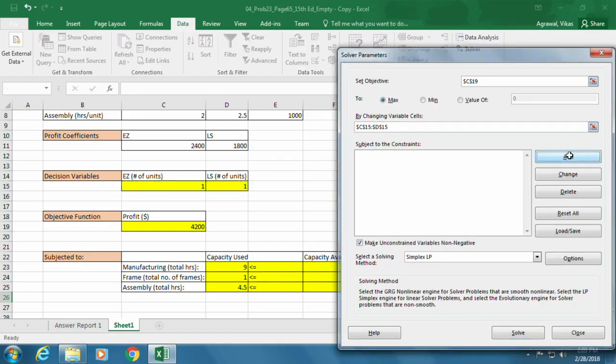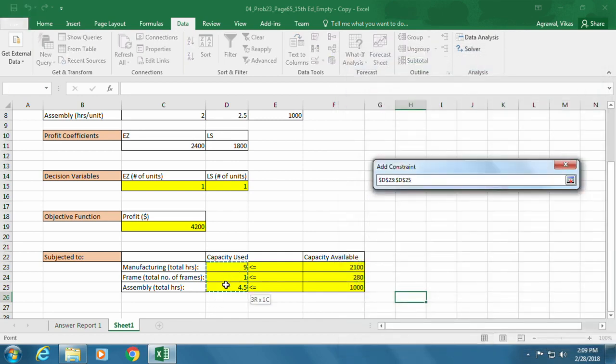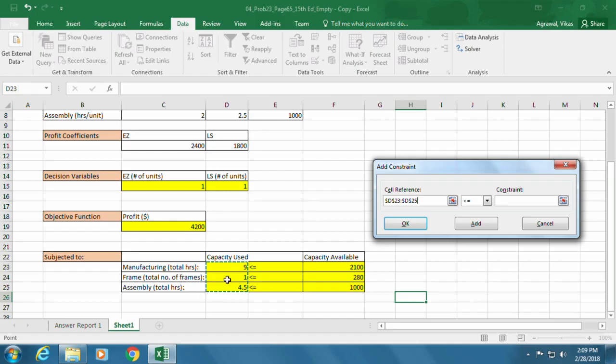So I will say add here. I want to make sure that all the capacity that's being used for all the constraints should be less than or equal to the capacity available here. So this is how I will pass on those references here. So all the capacity used should be less than or equal to all the capacity that is available for all constraints, manufacturing, frames, and assembly constraint. Say okay here,